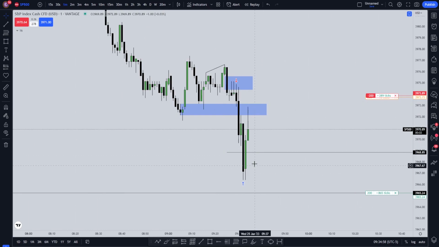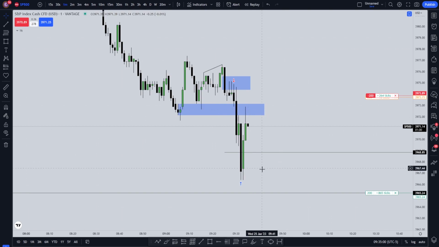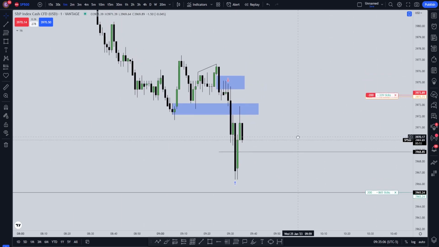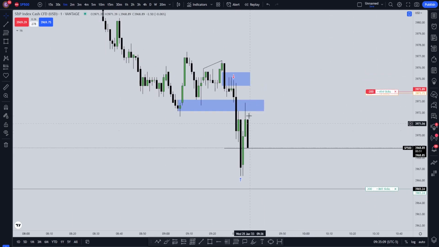And this should reject. If it does close inside, I will close the trade, or it will just hit me at break even, which is perfectly fine to do. But here price just went up into the premium area, and now it's going to reject. But like I said, since I got first partial, no more entries,